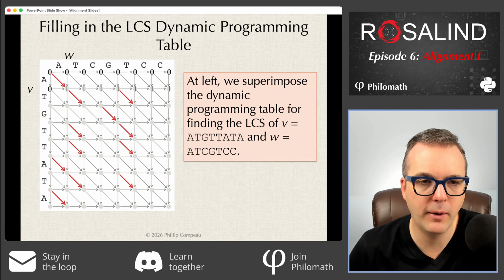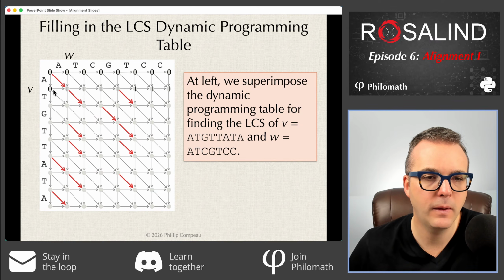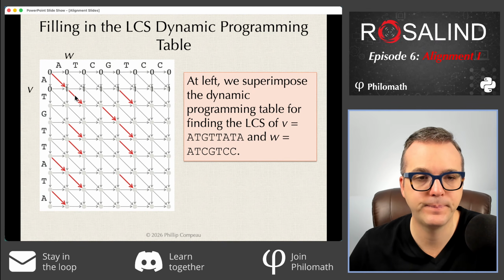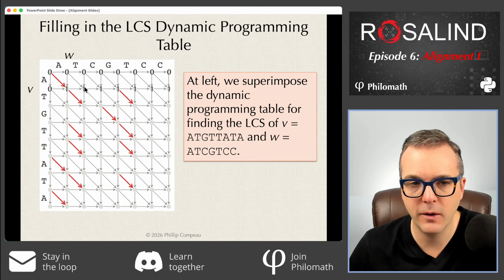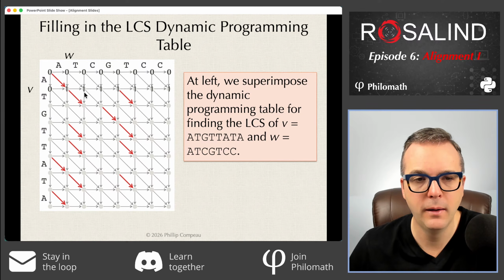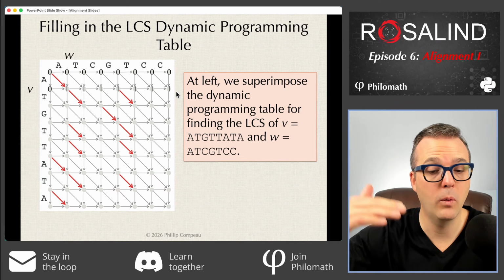So as I go row by row, this element will be 0. This element is 1 because I'm taking the max of these 3 elements, but I have a match edge here, so I'm going to set this value equal to 1 because this gets a weight of 1. Now when I look at this node, I have just the max of these 3 things, but now that this value is equal to 1, it makes this value equal to 1, and it turns out that logic applies all the way across. When I go one more row down,